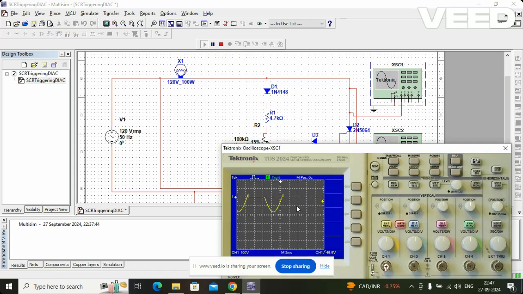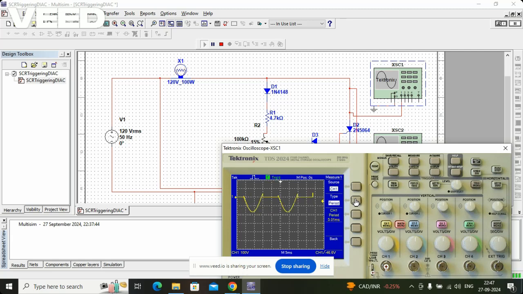Let's check the output voltage or the thyristor voltage over here. This is the thyristor voltage. You can measure the thyristor voltage over here by measure channel 1: frequency is 50 hertz, period is 20 millisecond. Obviously peak to peak is around 213 volt, and the cycle RMS over here, rise time, fall time, pulse width, negative pulse width, and the frequency and period. And now we are getting 217 volt peak to peak or 207 volt peak to peak over here,